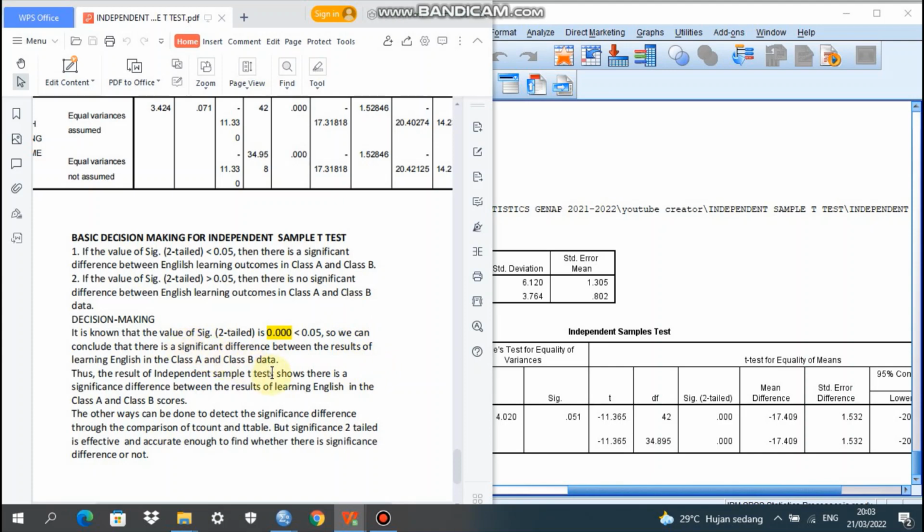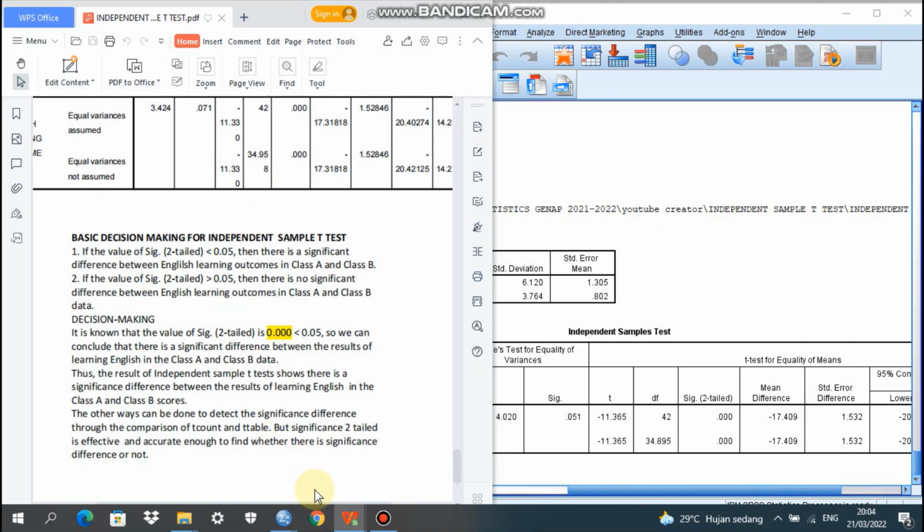So we can conclude that there is a significant difference between the result of learning English in Class A and Class B. Thus, the result of the independent sample t-test shows there is a significant difference between the English learning outcomes in Class A and Class B. Other ways can be used to detect significant difference, through comparison of the t count and the t table.